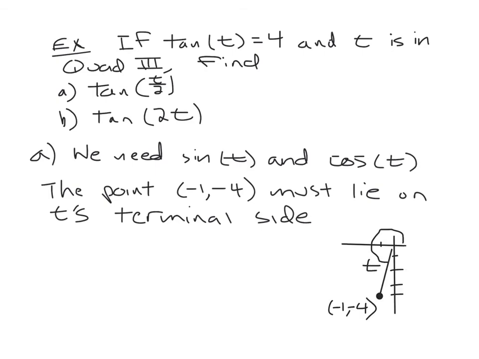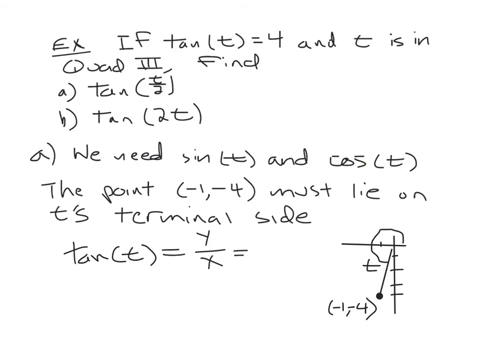So if you look at my diagram, t is an angle in quadrant 3. So we need this point because, based on the point in the plane definitions, at least the one for tangent, if we're working backwards here, tangent of t equals 4, and we have any point